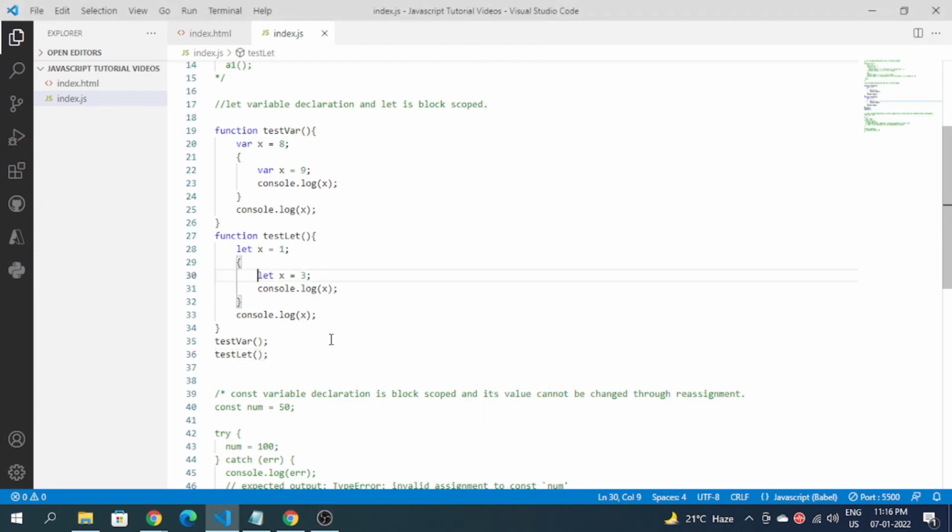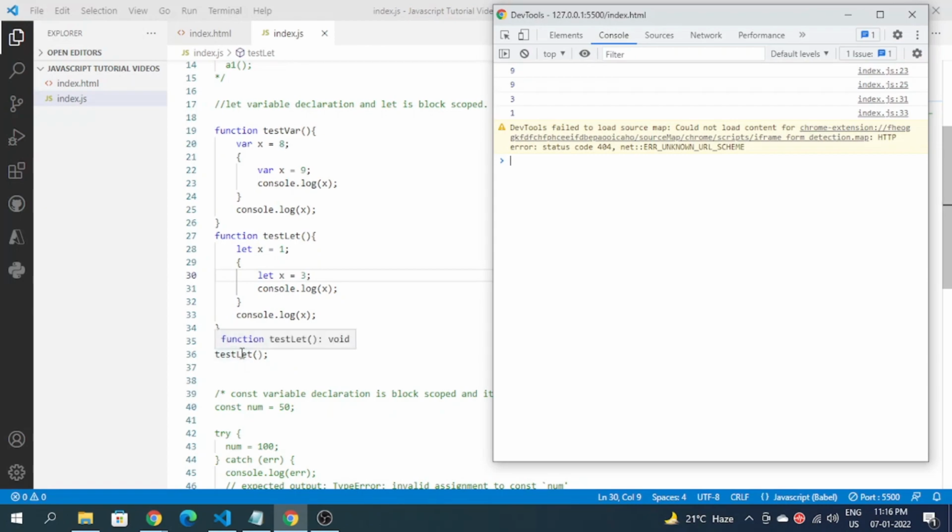As you can see, when I call this function testlet over here, and once I print the value of x over here, it will print as 3,